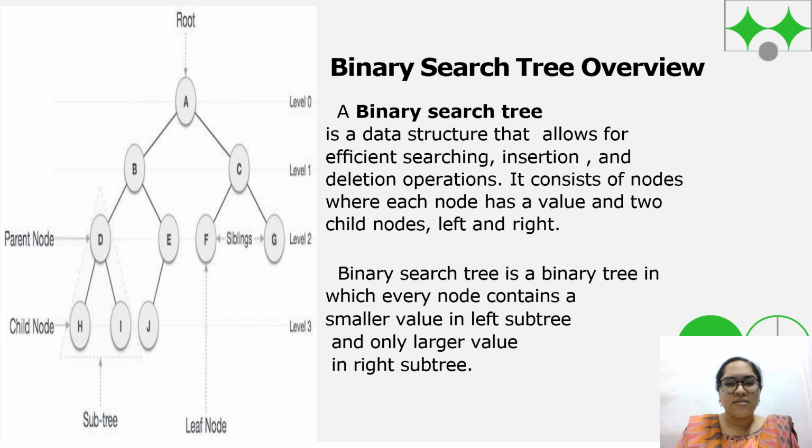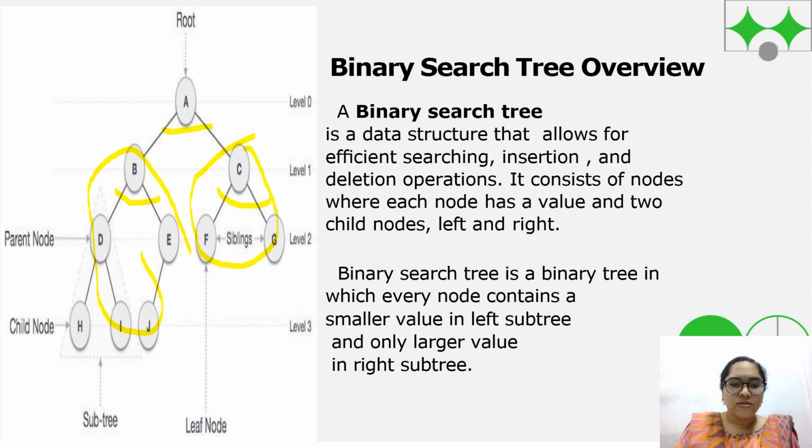So basically a binary search tree is a data structure that allows for efficient searching, insertion and deletion operations. It consists of nodes where each node has a value and two child nodes, left and right. I know it is a little bit complicated, so first let me tell you. This is the root node, and this B is the left child of the root node, and this C is the right child of the root node. So this whole thing is the left subtree of the root node A,